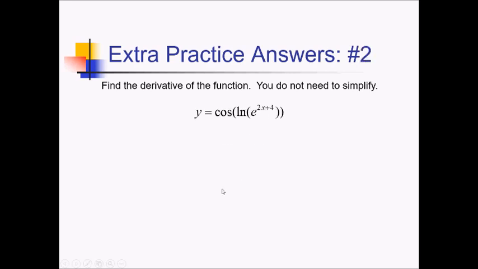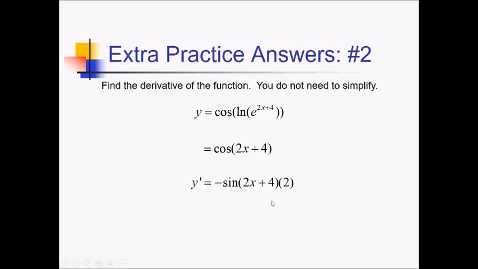So this is our answer. On this one, we can save ourselves a little bit of trouble with the derivative if we apply the log rule inside here. So ln of e to the something is just going to be the something. The ln and the e cancel. So this is really just cosine of 2x plus 4. And this is a chain rule. We have cosine of something. The derivative of that is going to be negative sine of something, negative sine of 2x plus 4. But we still have to multiply by the derivative of 2x plus 4,